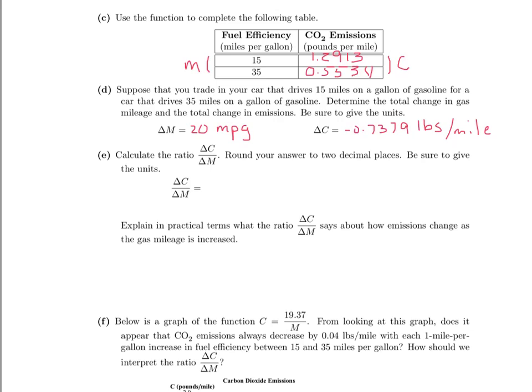Now let's go ahead and look at part E. Calculate the ratio delta C over delta M, and then round your answer to 2 decimal places, and be sure to give the units. So we're going to take our change in the emissions that we calculated, and we're going to divide by the change in the miles. If we do the division, let's see, we have negative 0.7379